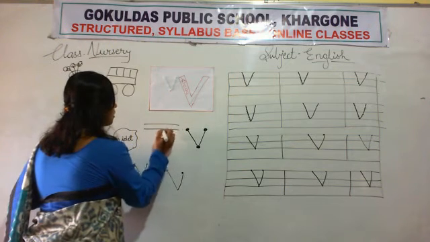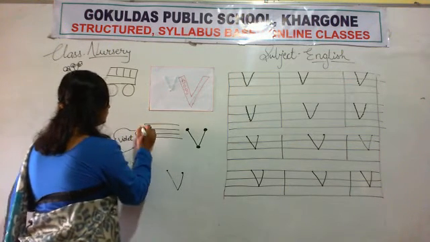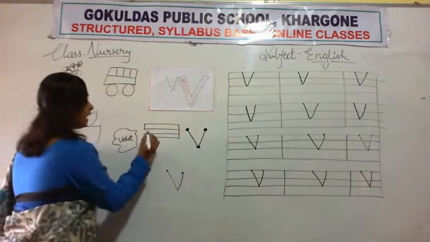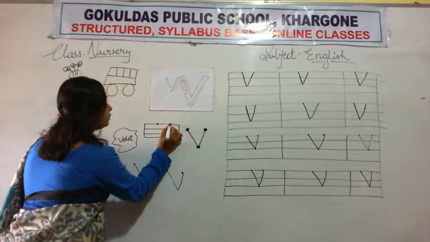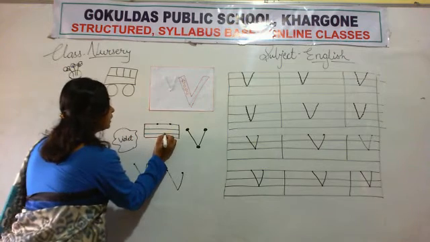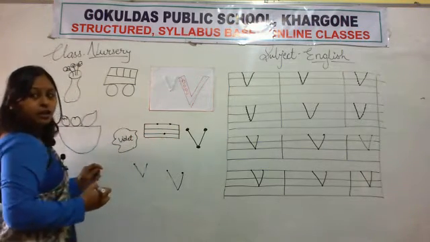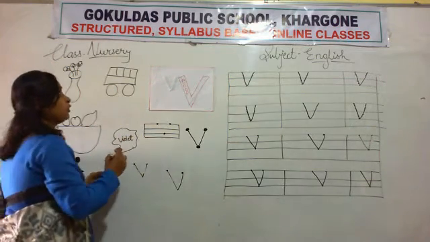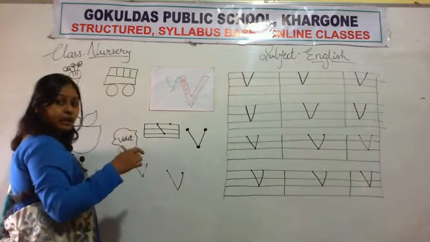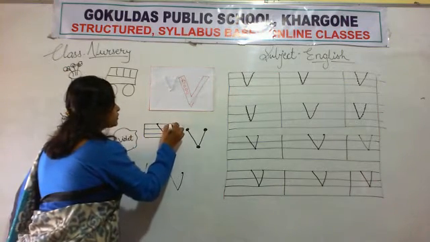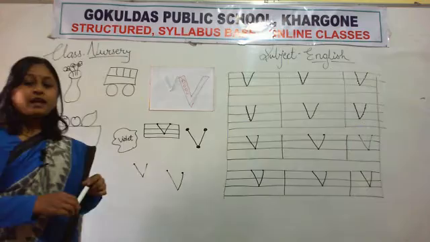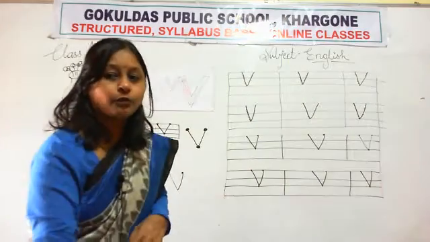Look here. This is your 4-line notebook. On the upper line 2 dots were given. How many dots were given? 2. And in the lower line 1 dot is given. You can see the dot? So what you have to do is write from the upper line to the down line, a slanting line downwards, and from downwards to upward. So which letter will form? Letter V. Write neatly and properly in your notebook.